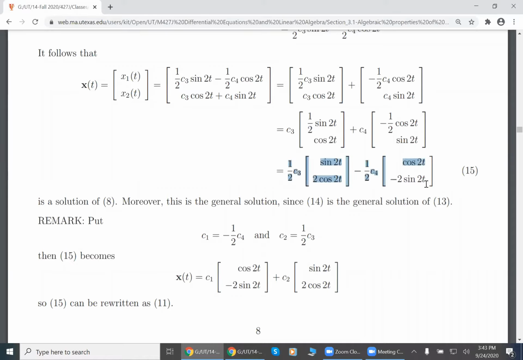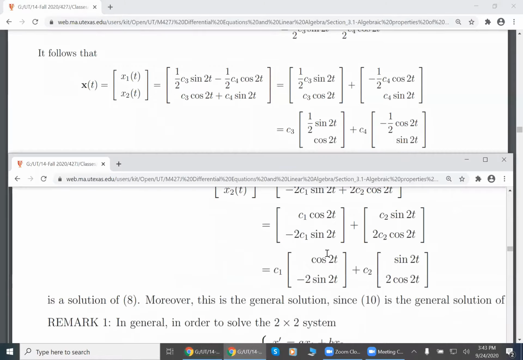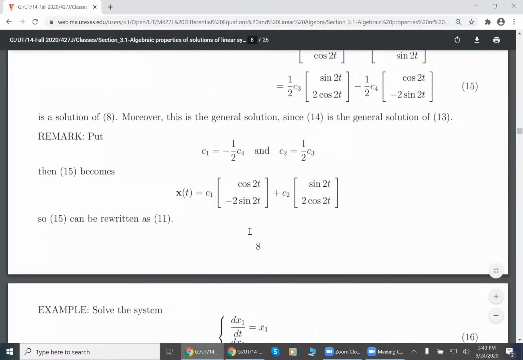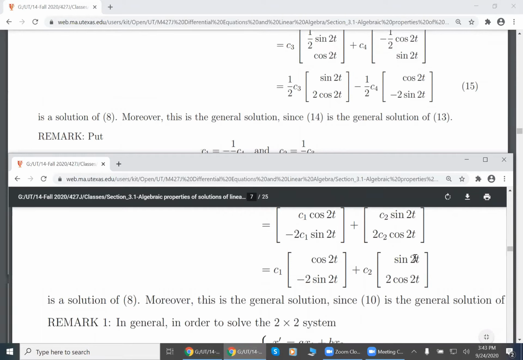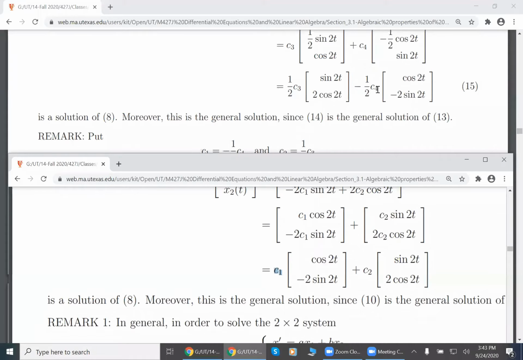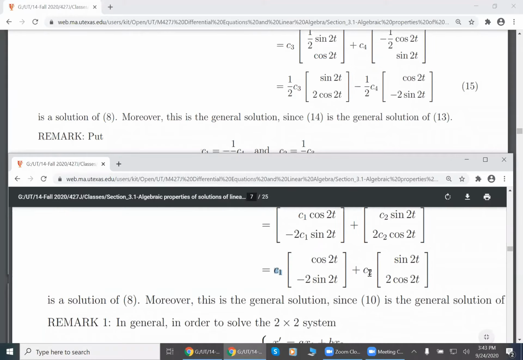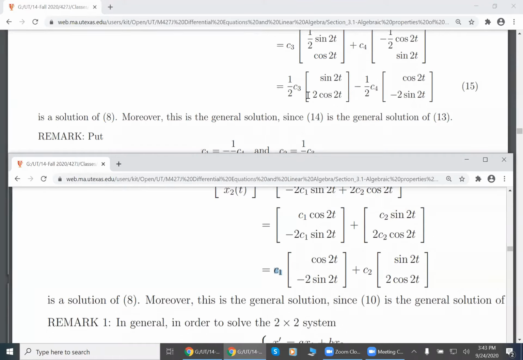Now compare this with this. Over here, note that if C1 is equal to negative 1/2 C4 and C2 is equal to 1/2 C3, we